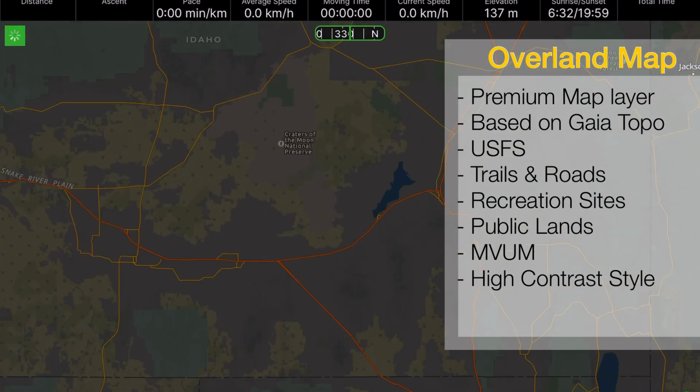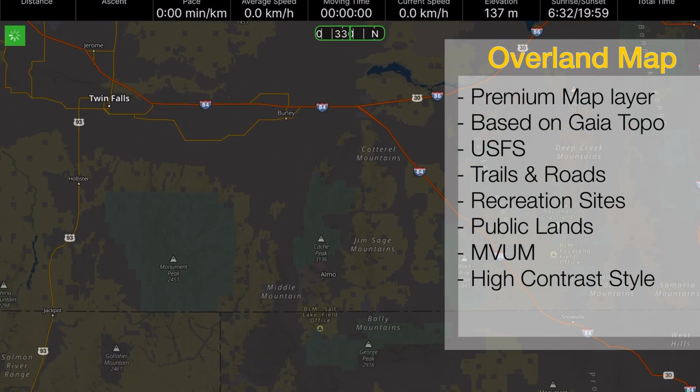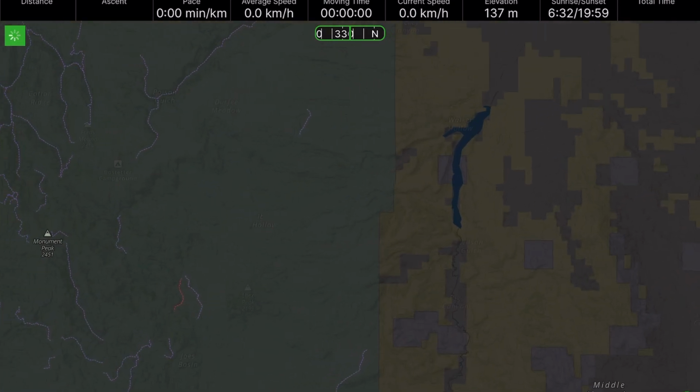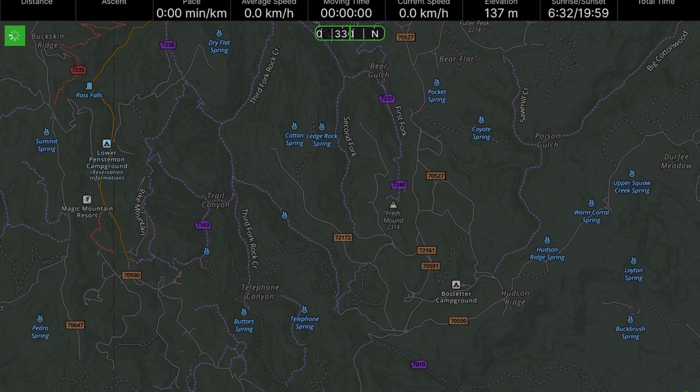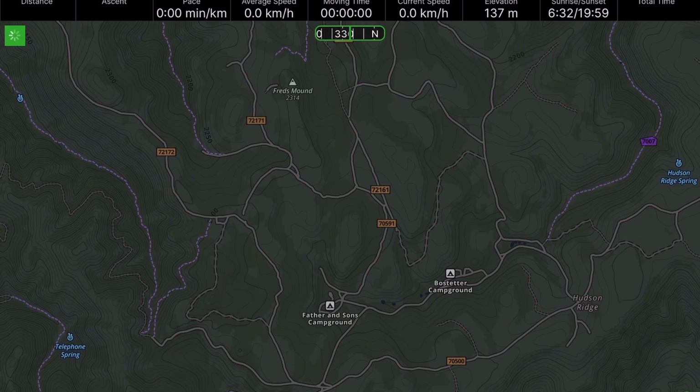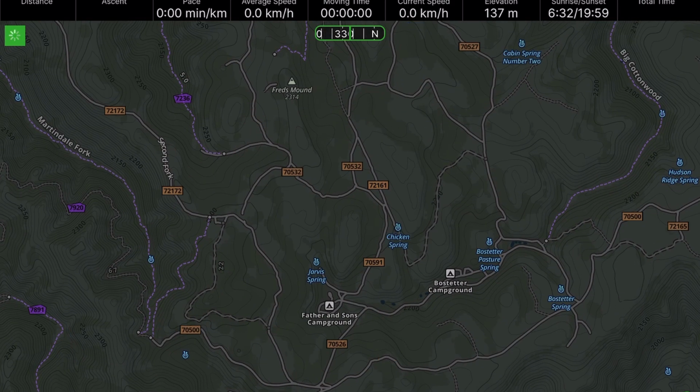It's based on the Gaia Topo map, and it adds all these different types of overlays. And there's a styling to make it a little bit higher contrast. So I have the Gaia Topo map here, and we can see that some of the roads are in purple. We got some orange, got some trails you can see here. Now I'm going to turn on a layer and show you what this new overland does with some of the other overlays before. So let me zoom in here a little bit, and you can see a little bit more detail that the Topo map provides.